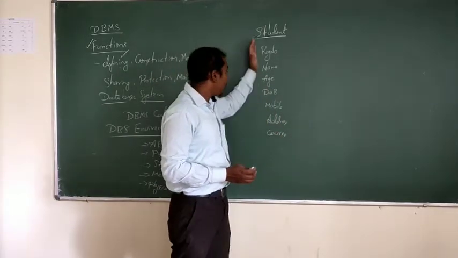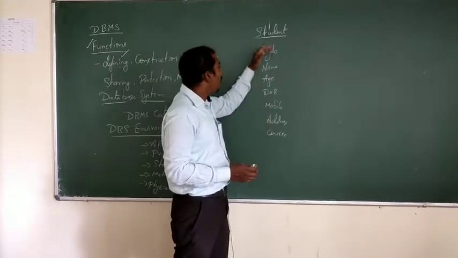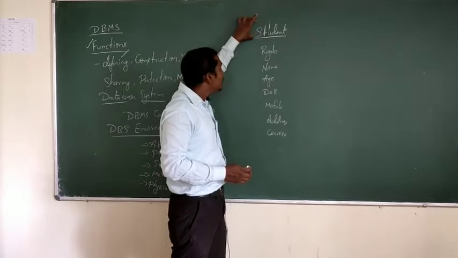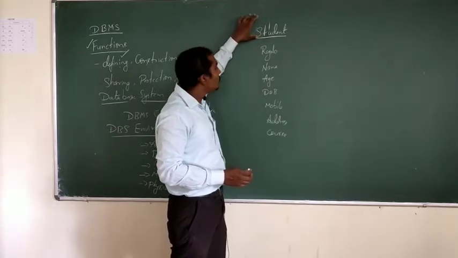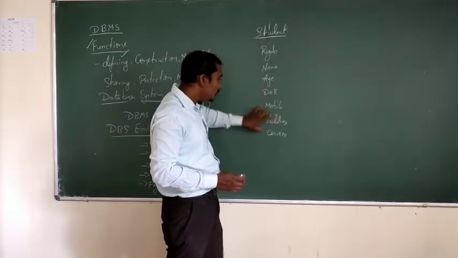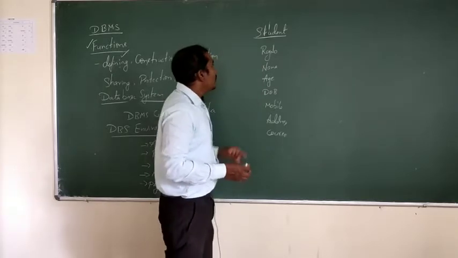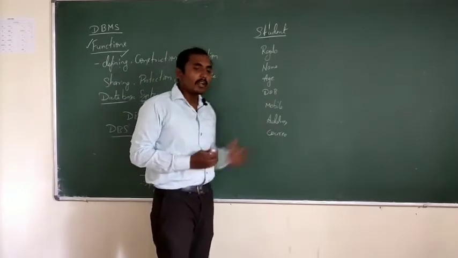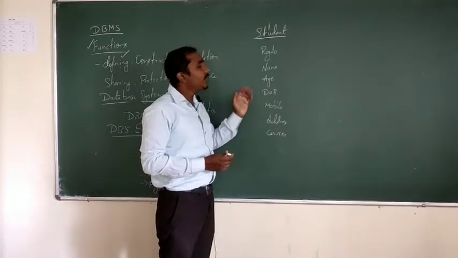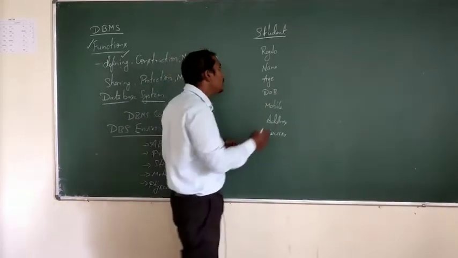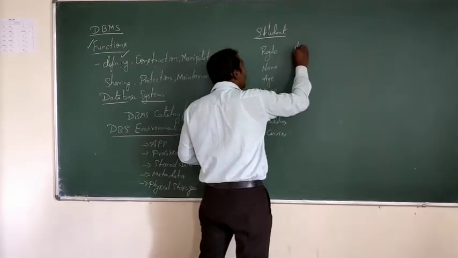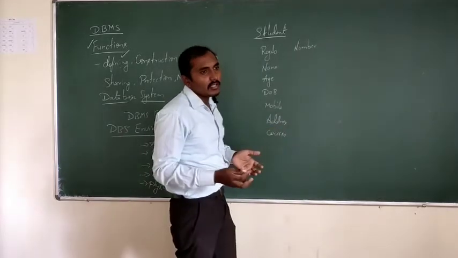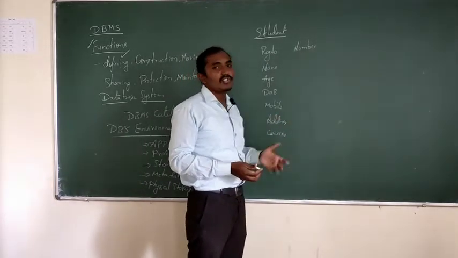So I need to define a structure like this. What are the components that define this particular entity? The entity, or the object, is student. This object will be defined based on these properties, right? Again, while coming for these elements or this kind of values, I need to define what kind of data it is. Say for example, register number. It can be a number or it can be a combination of both numbers as well as alphabets. Then I can make it a string.